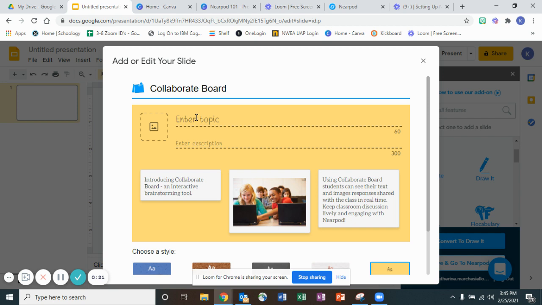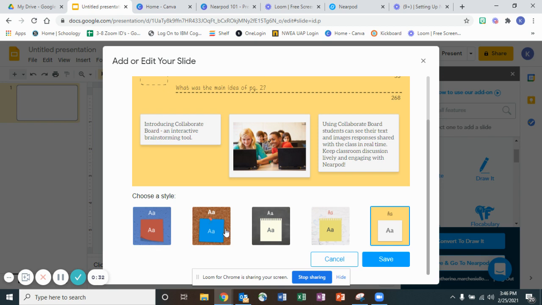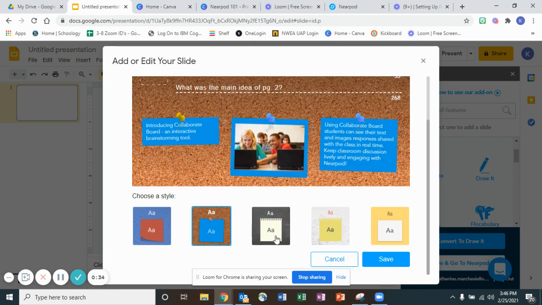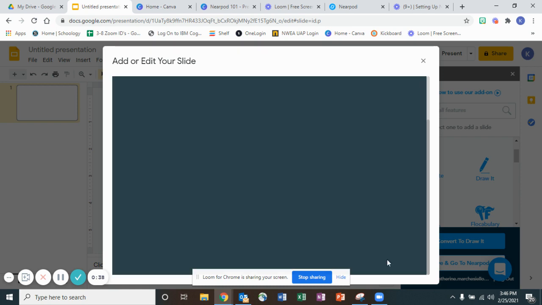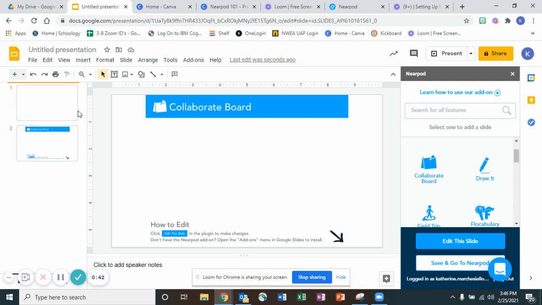So you'll enter your topic and whatever you want people to answer using the collaboration board. After you do that and you scroll down, they have a bunch of different styles that you can choose from. And all you have to do then is hit save. And it will create a slide after the slide you were already on. So my original slide is still there and then it appears later. You can't play with this because you're not in Nearpod yet, but you can still edit it by clicking this